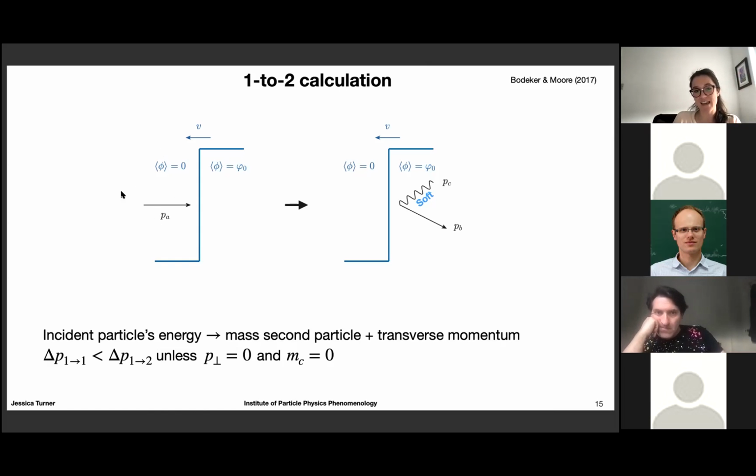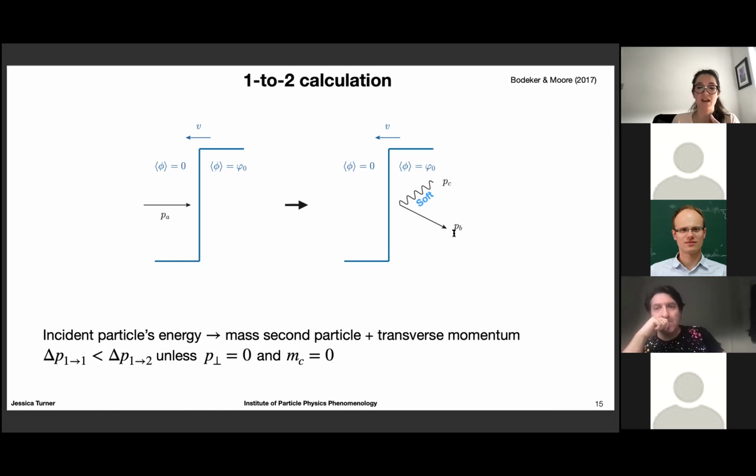We have particle A coming in. It's on its mass shell. Through its interaction with the wall, it's put off of its mass shell. It produces a soft particle, PC, which is a gauge boson, and then there is a hard particle with momentum PB. So I should just say this 1-to-2 interaction could never happen in vacuum because you need some sort of interaction to put PA off of its mass shell in order to create what would be a massive particle PC